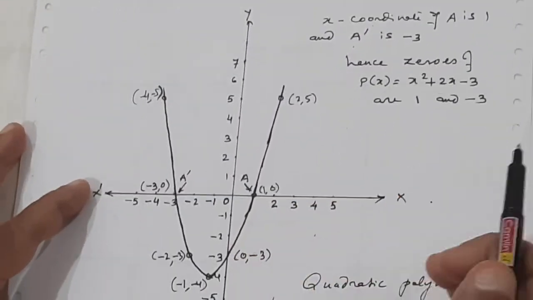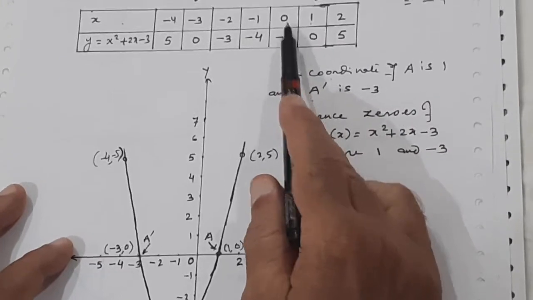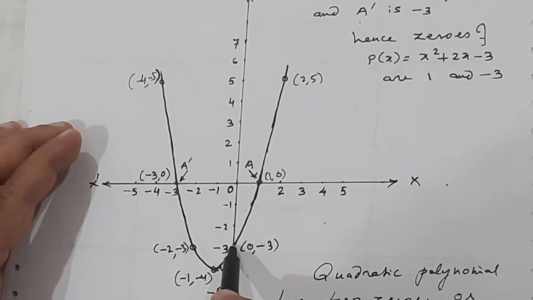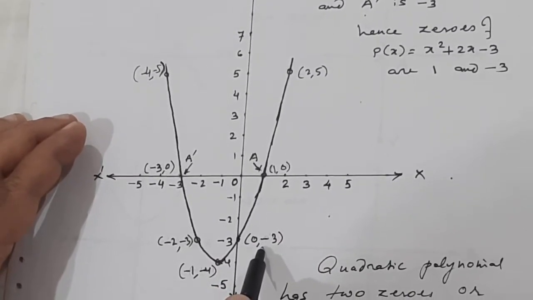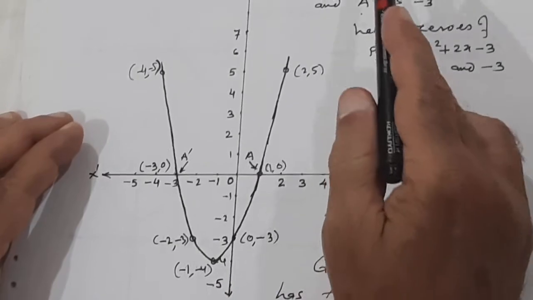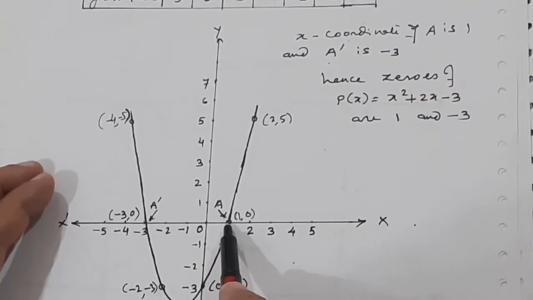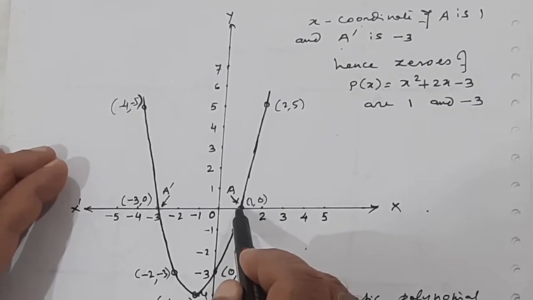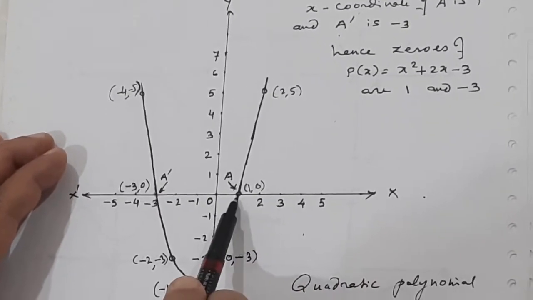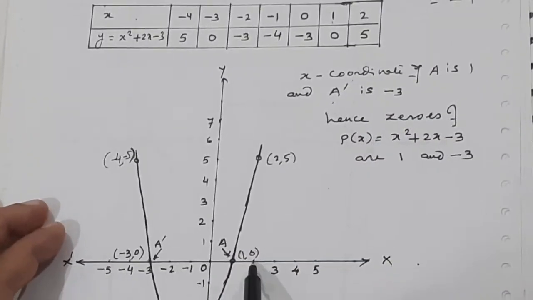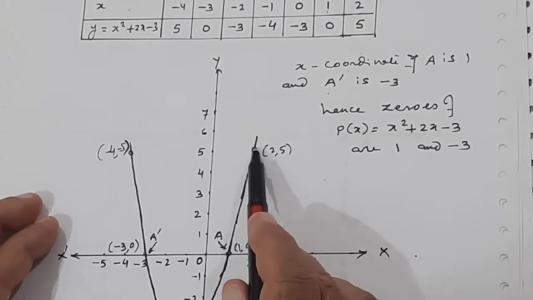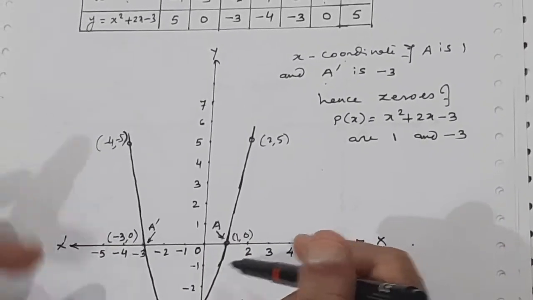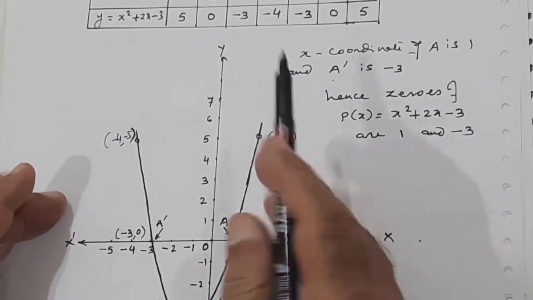Let us start from the first point, 0 and minus 3. This is the point; I have written 0, minus 3 here. Second is 1, 0. Take x is equal to 1, that is a positive value, and the value is 0. So the point will be here. So this is 1, 0. Take 2, 5. Now x is equal to 2 and y is 5. You have to draw on the graph paper. I have taken an ordinary paper, and you can take graph paper. It will be easy for you.